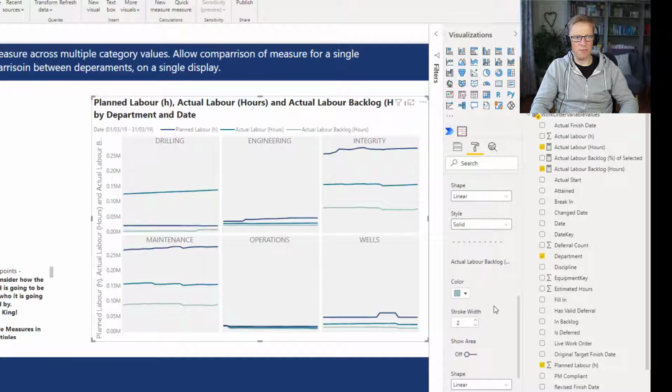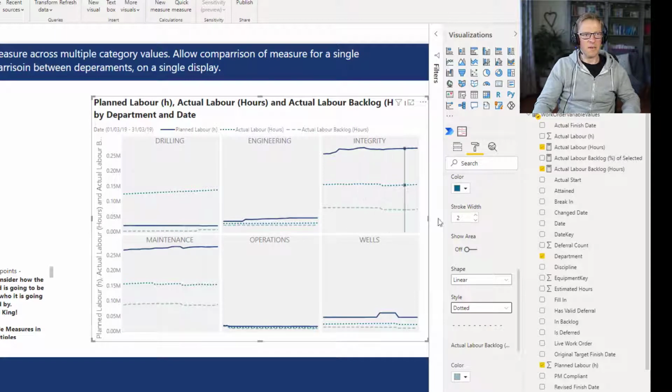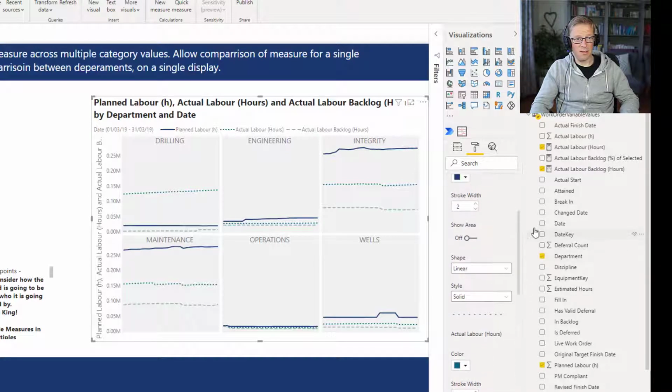And let's scroll down, and we'll use the second one as being dotted. Dashed. Use that one as being dotted. And then we'll go for the third one. Oh, there we go. It's been dotted. Okay, so as long as we can differentiate between them. Now what happens is it makes it a lot easier to differentiate between the lines because they look physically different. And we could actually even go in and let's just try this,